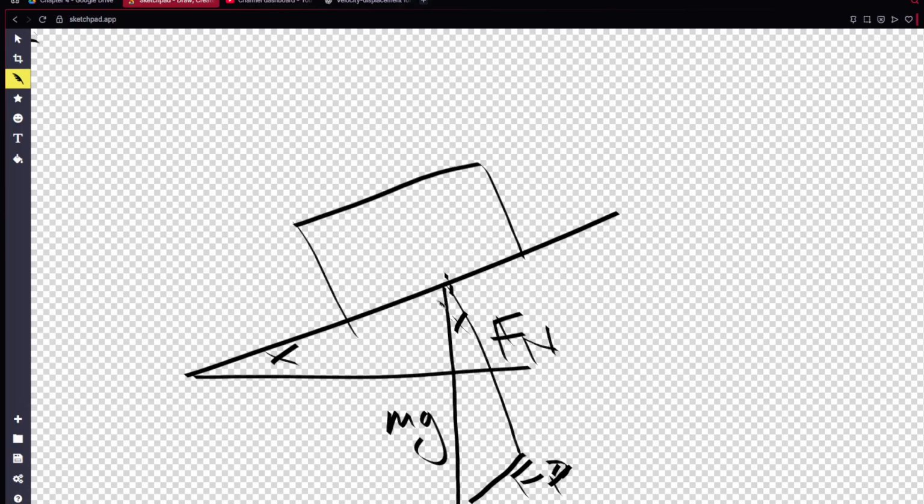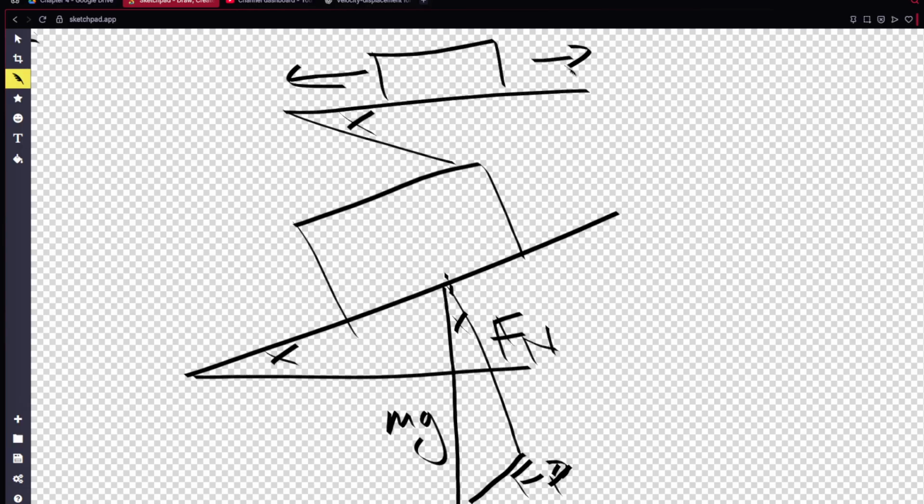I wrote Fx, but if you make this straight, then it would look something like this, with the thing acting that way. And the mass times gravity will be converted to a sideways force because of the inclined plane, which is pretty cool because now we can manipulate gravity to move,